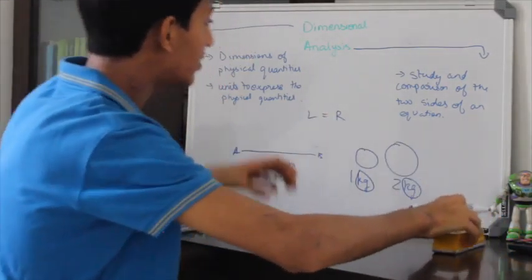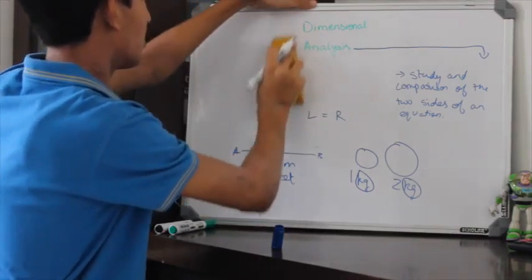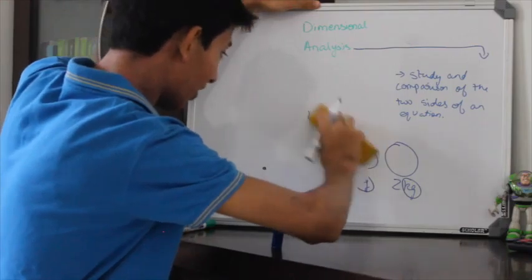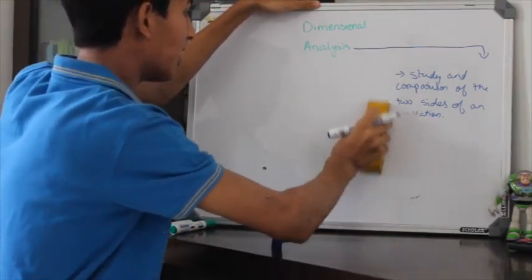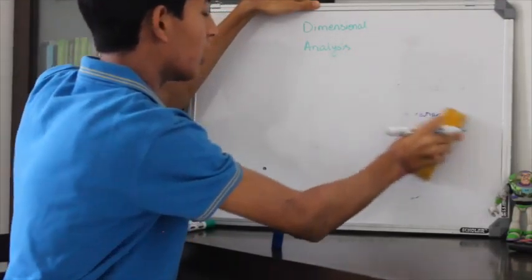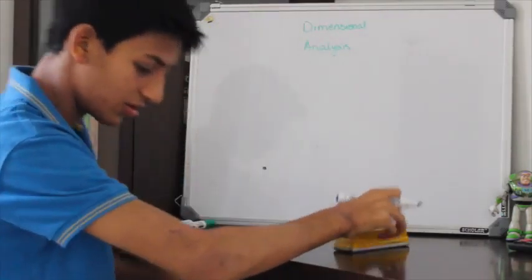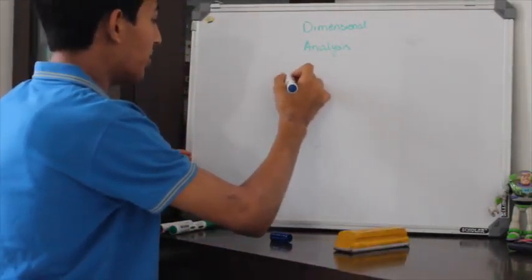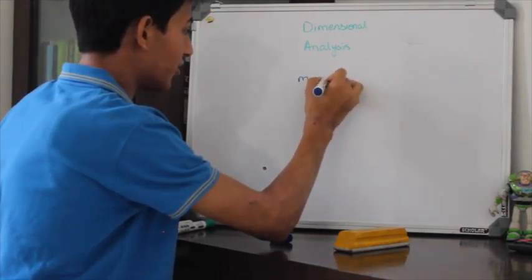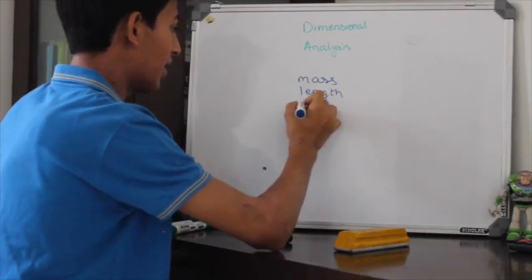So let's actually go and understand what the 7 dimensions are. There are 7 fundamental dimensions, rather I should say, and these fundamental dimensions can't be broken up any further. You can't express them in the form of another dimension. So the 7 fundamental dimensions are mass, length, time,